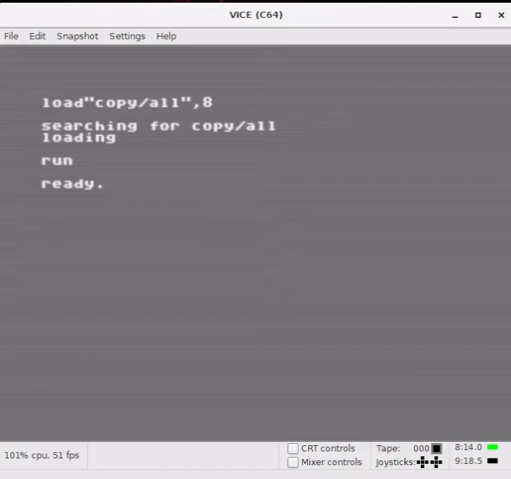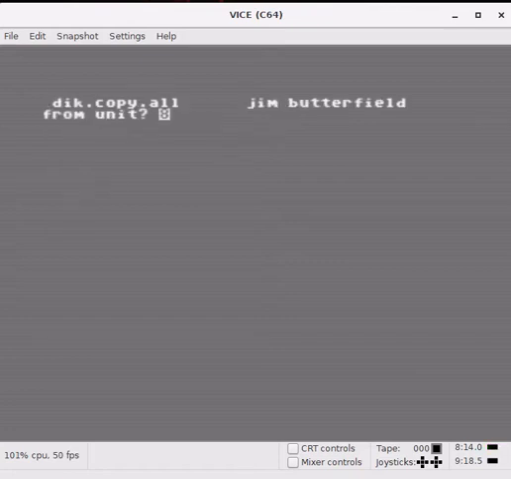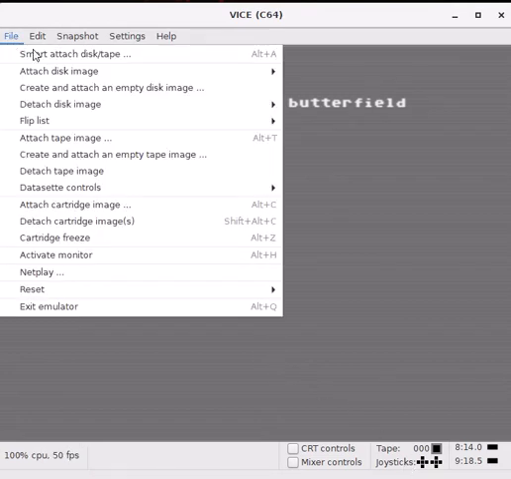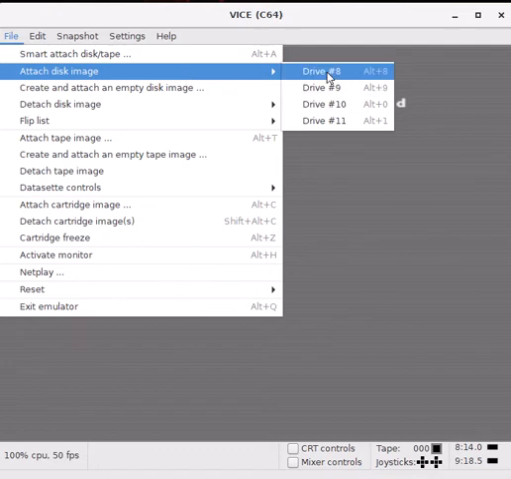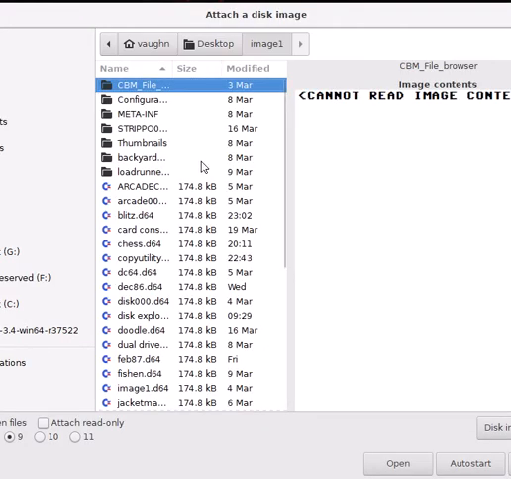And just kind of trying them out. And a lot of them just won't work properly. 8 is the device number. Now I need another drive. I need another image on here. So I'm just going to put an image in 4. I think that's what it's asking for. I actually have one that I made up.